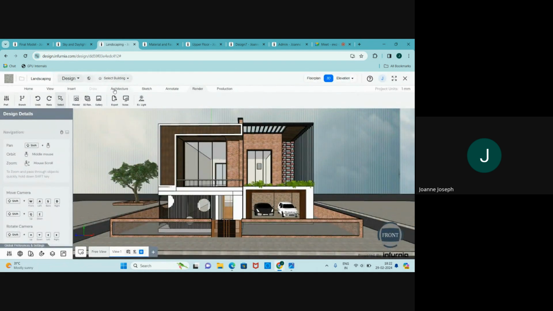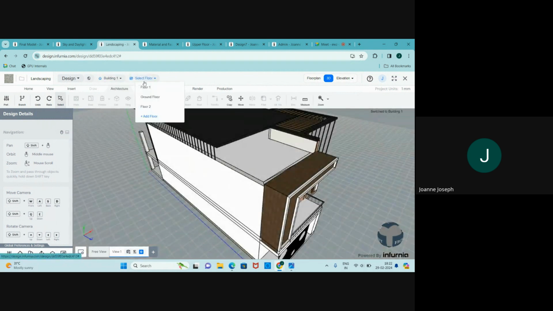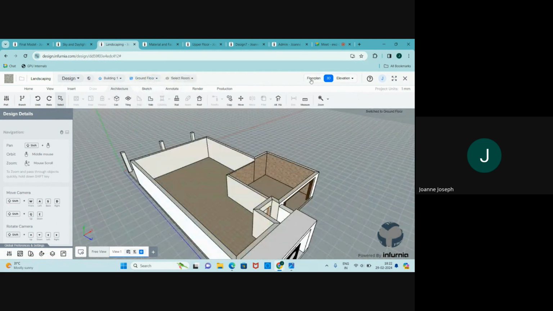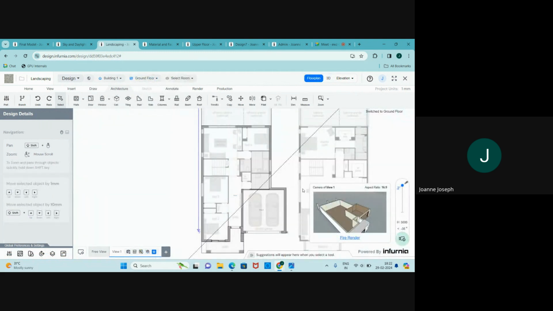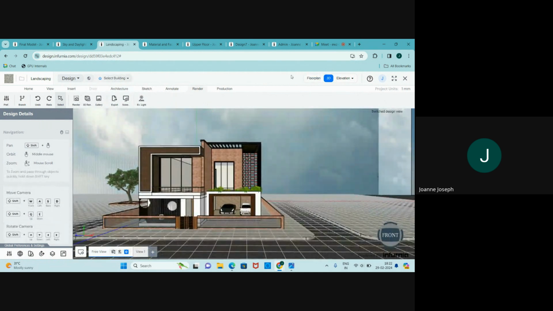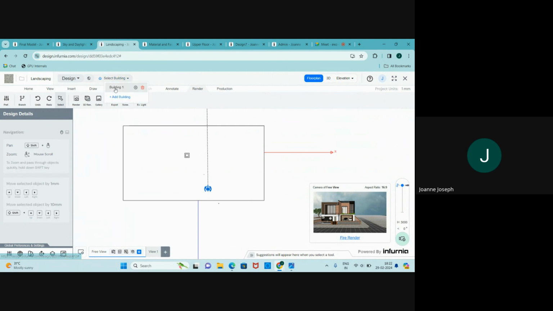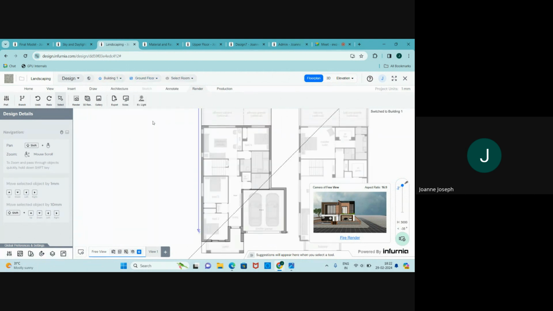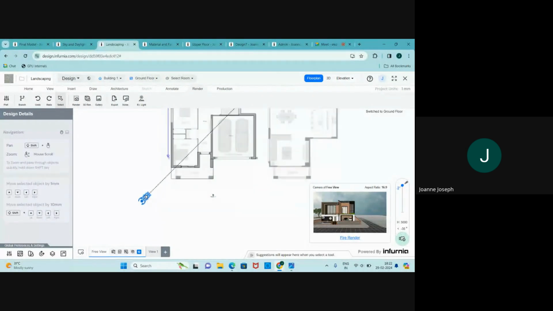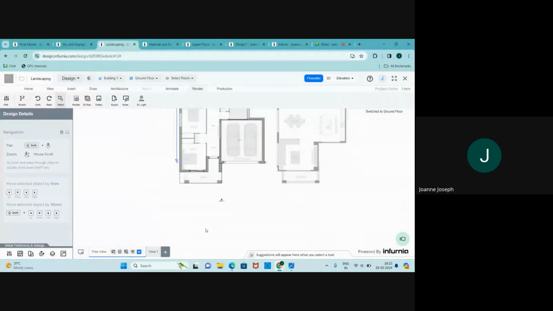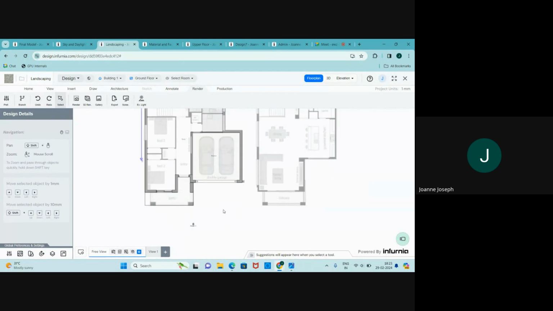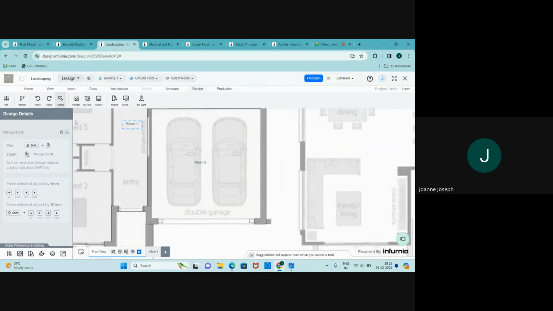So when we go to architecture, I'll go to building 1, and then you can add your lights. You can go to floor plan. Whenever you want to remove this camera, just click on this camera option once again here. And then you can set your lights. So in this case, I want this garage to have some light in it. So I select